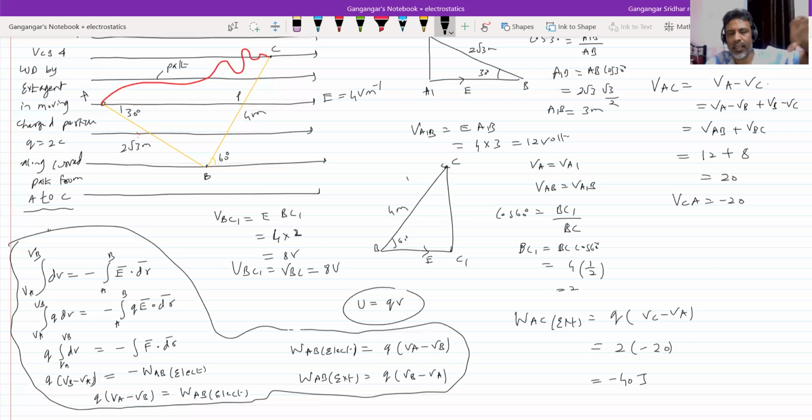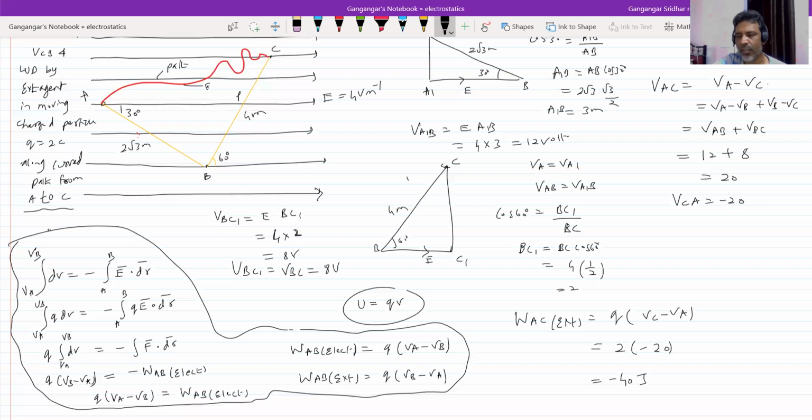There we discussed some field, some force. So here you are seeing that particular example of force. Sir, how can you say external agent? So you have to move slowly from A to C. The electrostatic force will act, suppose, like this. Then the external agent should apply a force in such a way that the acceleration of the particle should be zero. Slowly from rest to rest, it will be moved, with infinitesimal displacement. So the work done by electrostatic force, equal and opposite work the external agent should do. That's what we took help of. No other method is available for us.